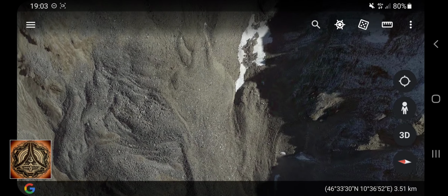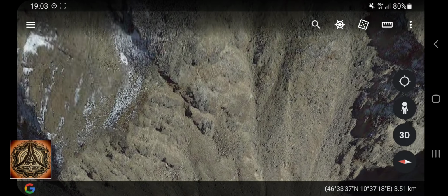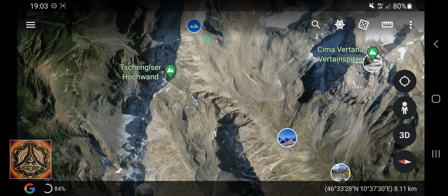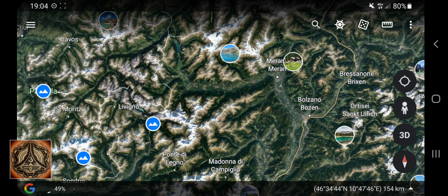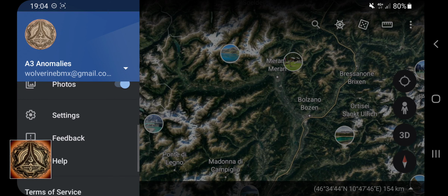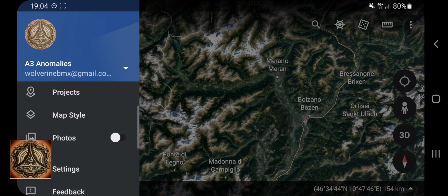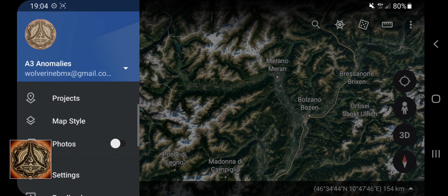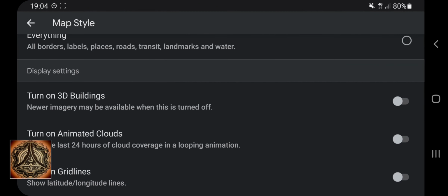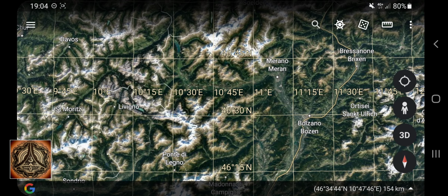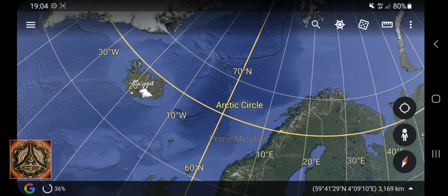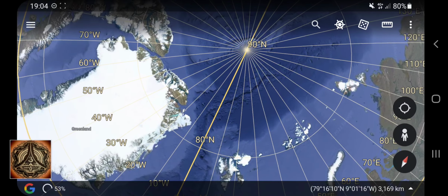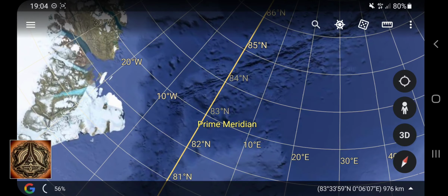Something has been erupting here. Wherever we are, Teschengilsler Hochland. But now, photos, map style, grid lines. 84.77 degrees east. 84.7.